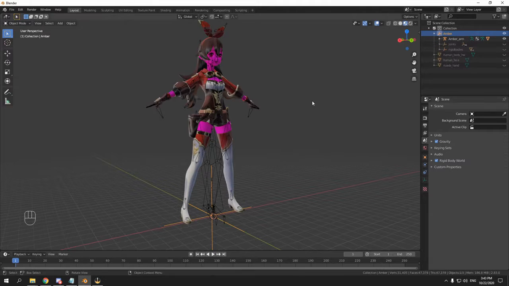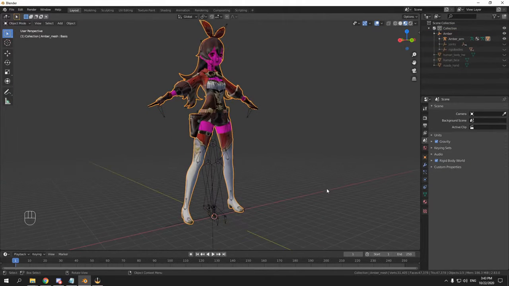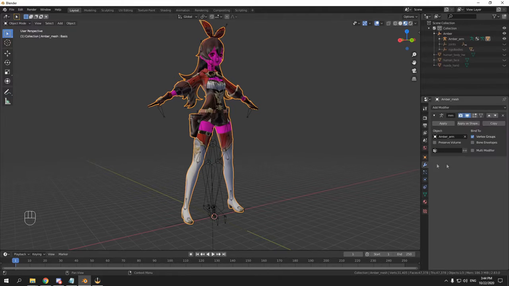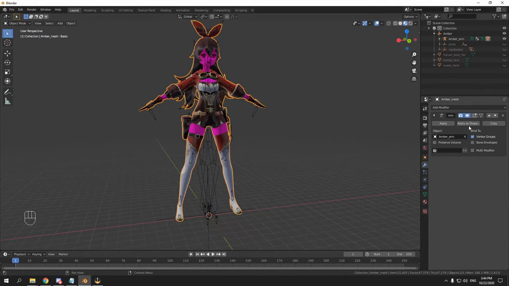So let's hide the human body. And you want to go to the right side here, go to modifiers, and apply this modifier, which is basically just applying this skeleton and the pose you have to the model. So when you apply this,